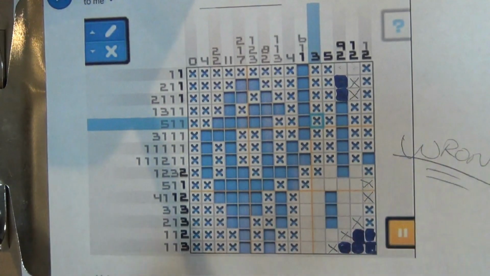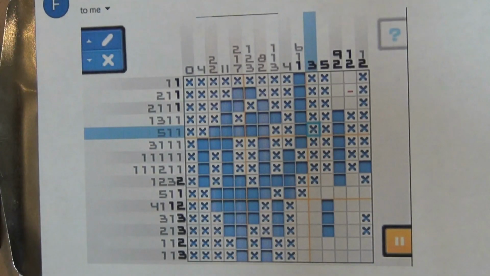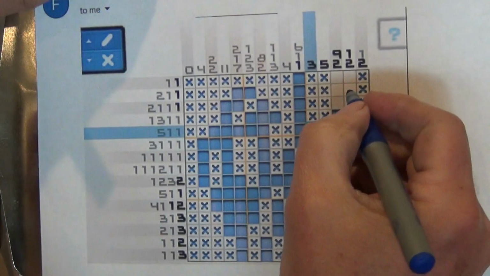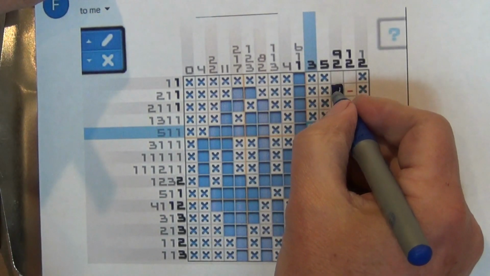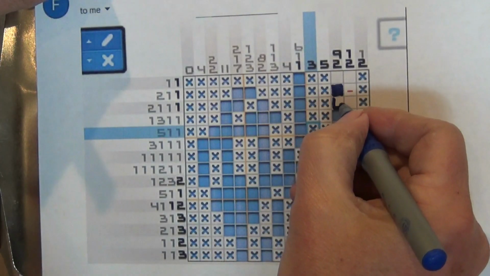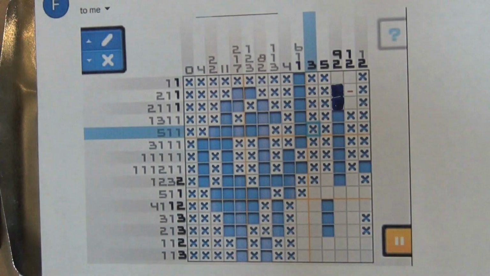That's wrong. And now I will put in a fresh sheet and I will do the other guess and show you that it's correct. So, all right, here's a new sheet. As I already explained, these two have to be filled in. I'm not going to explain; you'll have to go back if you want to hear why those two have to be filled in. So I've got those two filled in,